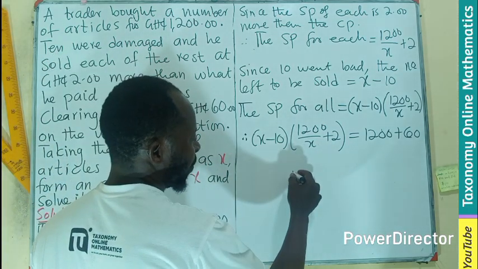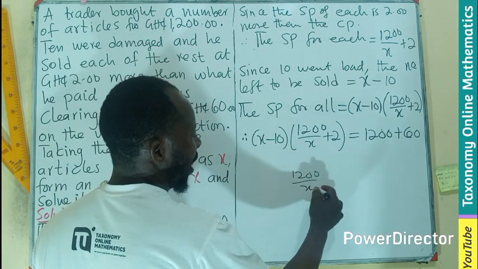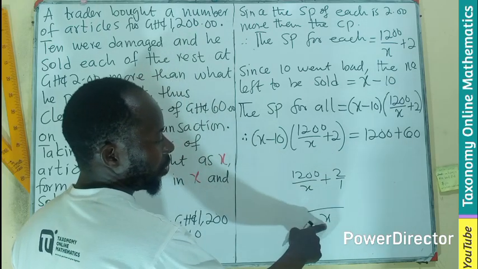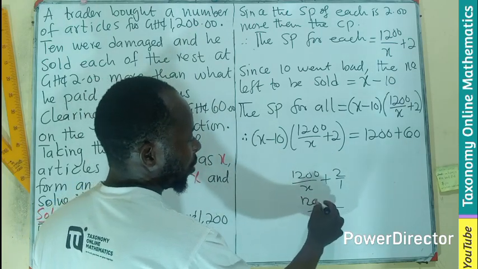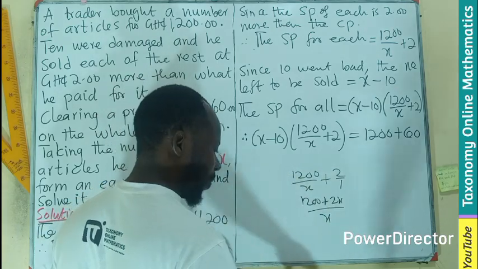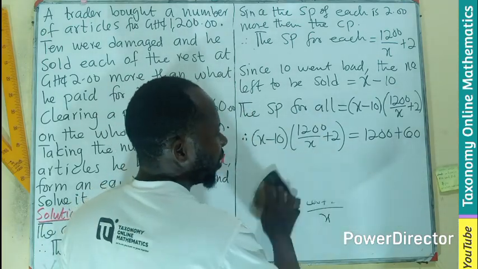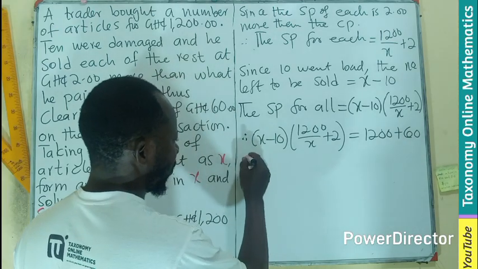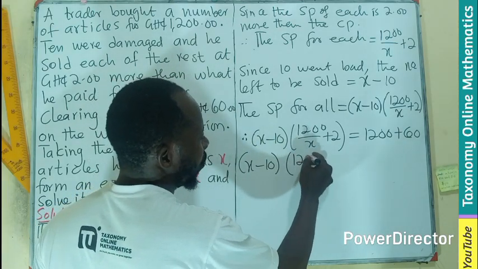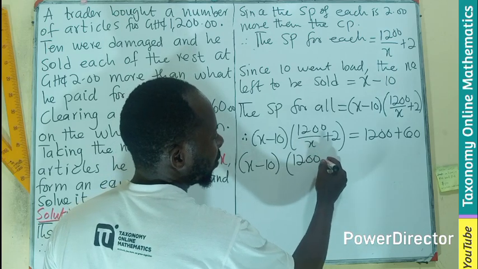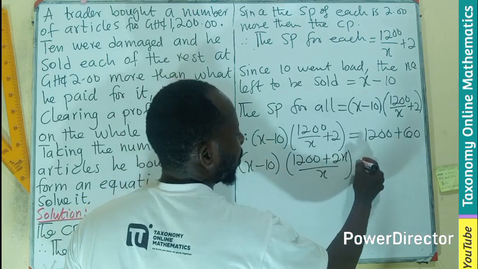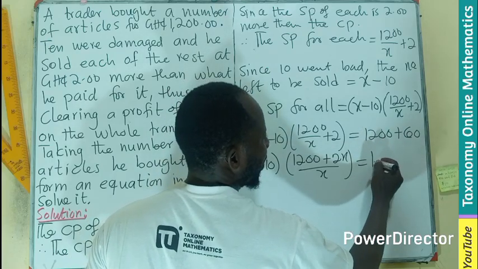So I should be having 1200 over x plus 2 over 1. LCM is x. Go here 1. Go here x. So we have what? 2x. So in this bracket, I am only going to have (x - 10) into bracket 1200 plus 2x all over x equals to, this becomes